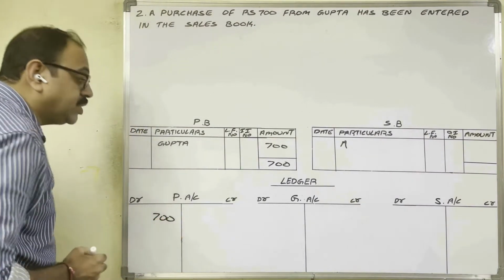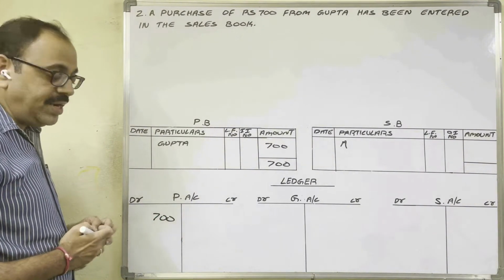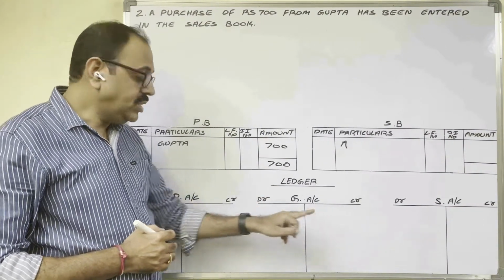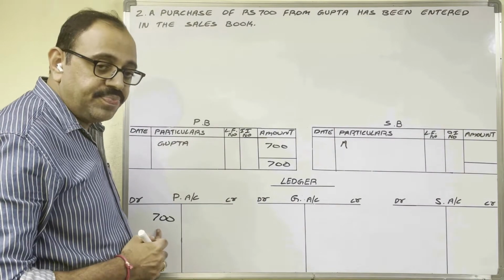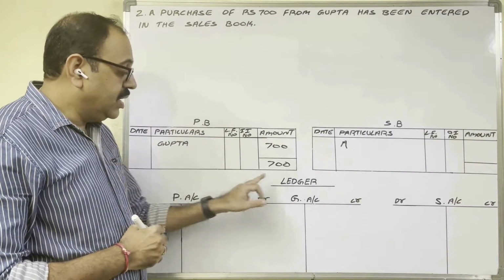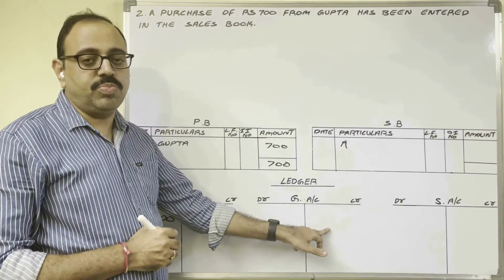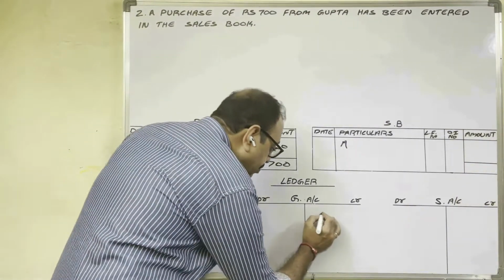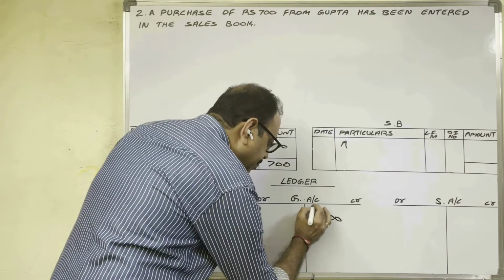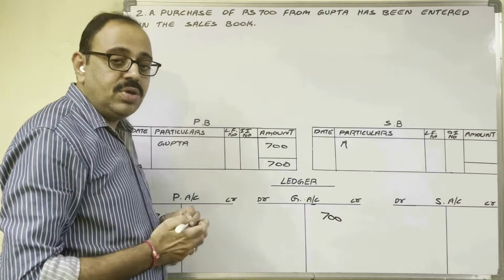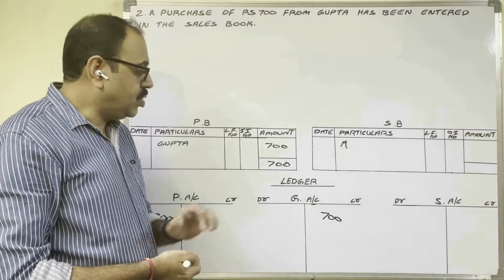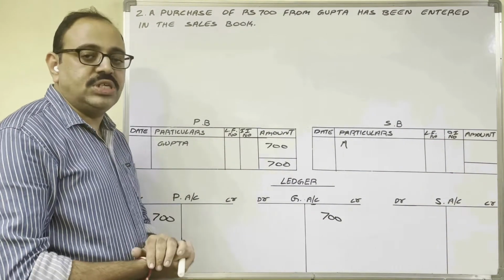To sundries as per purchase book. And in Gupta's account, on the credit side we should post, because in the purchases account we debited. So as per double entry, in the supplier's account, on the credit side we should post individual amounts. Here the individual amount is also the same, 700 rupees. Only one transaction is there now. Therefore, total and individual amount are both the same.